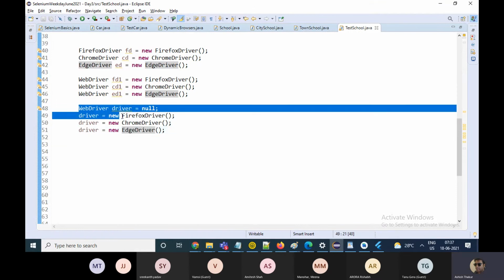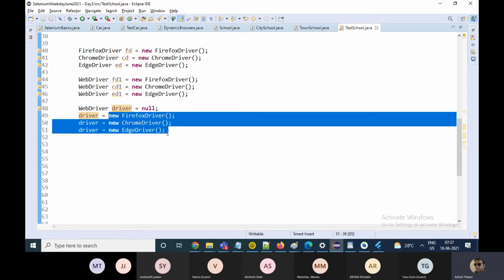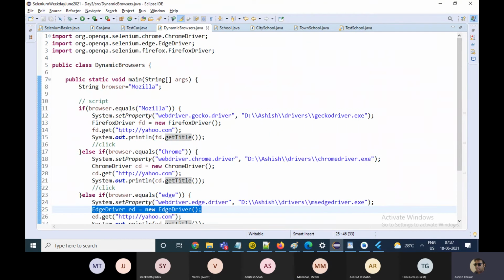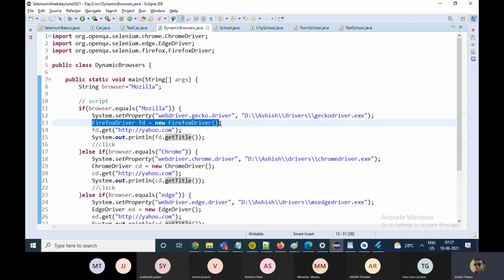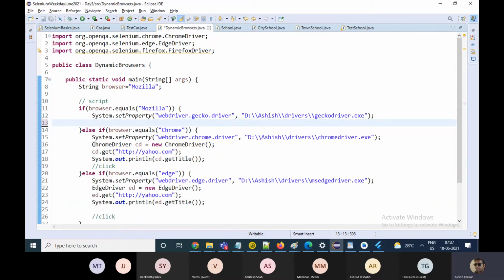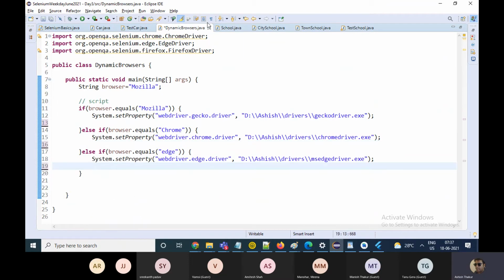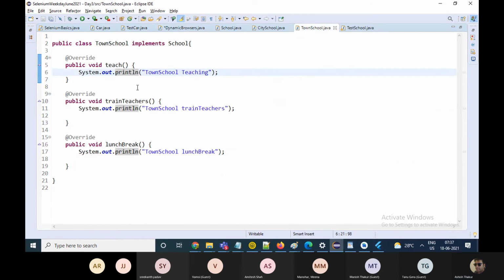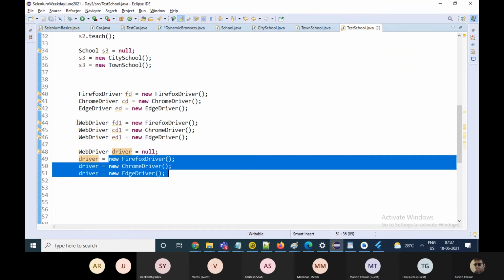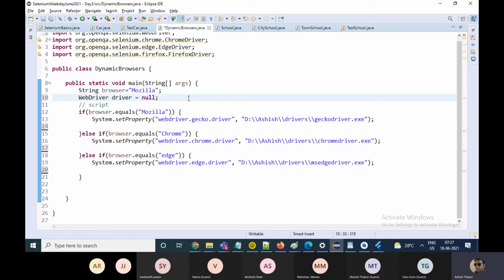This is quite good because with one reference I can point towards any driver. So that is what we will use here. Instead of creating the objects like this, we will be using the WebDriver interface and equate it to null.